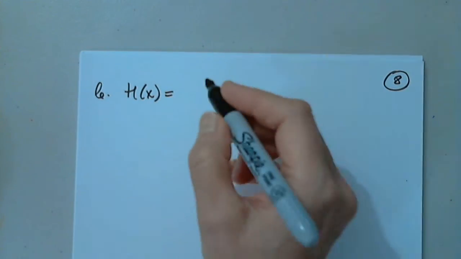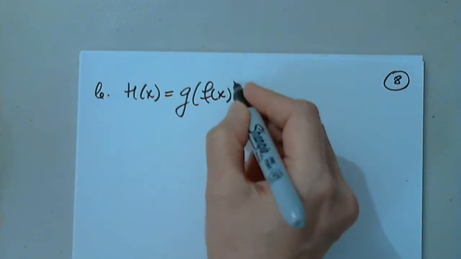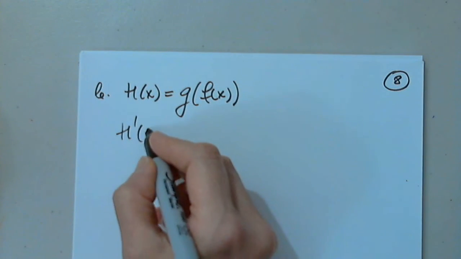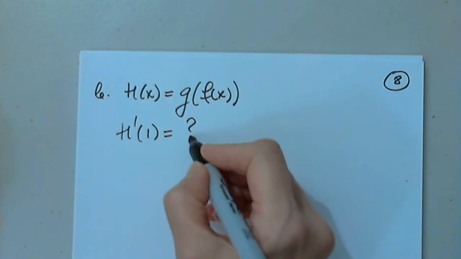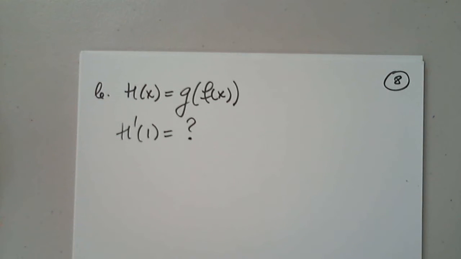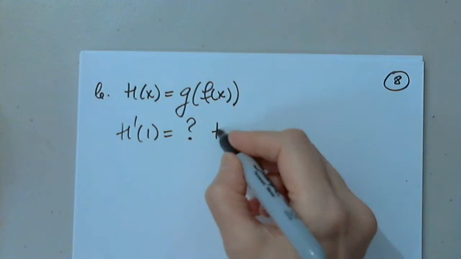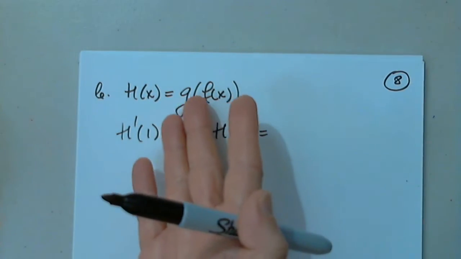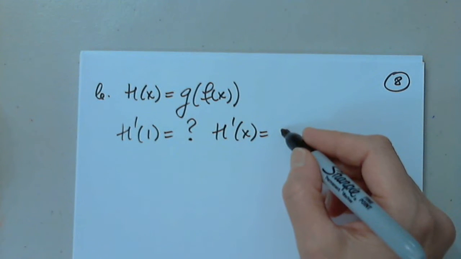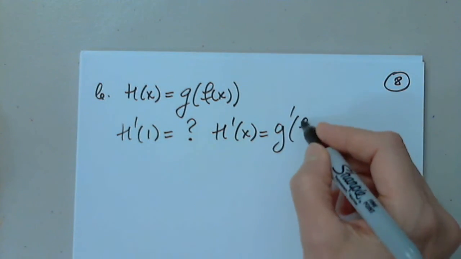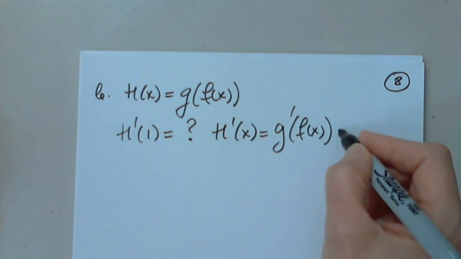We're given h of x, which is g of f of x, and they're asking us to find h prime of 1. So in order to find h prime of 1, what do I have to find first? H prime. Very good. Can anyone tell us what to write for h prime? It's g prime of f of x, times